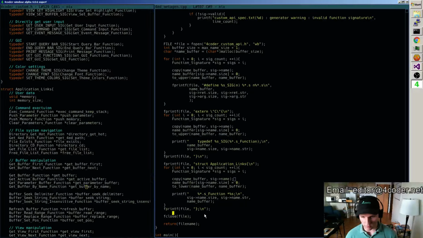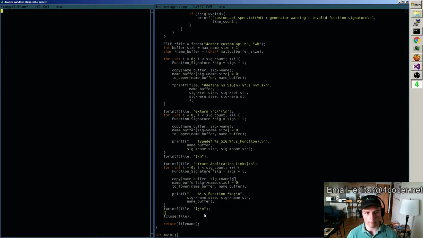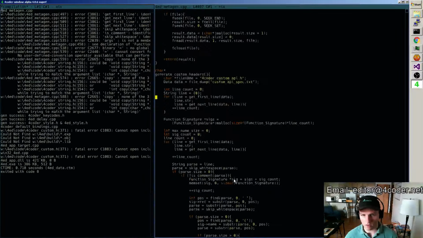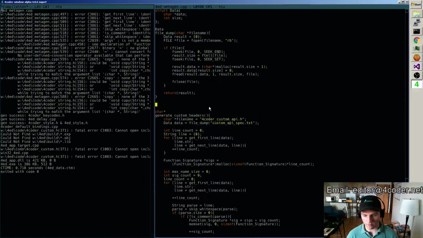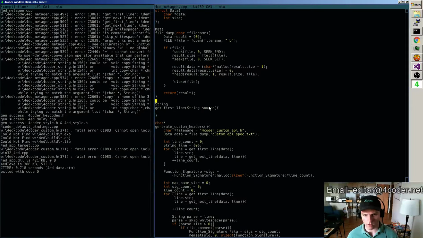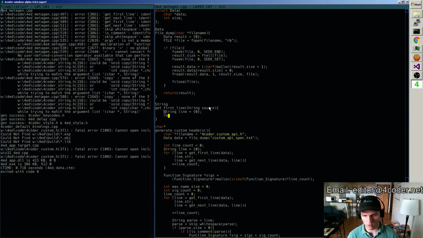Now that should be everything that I need it to do, but it won't compile yet because there are helpers that I never actually created. So let's try this. String get first line, string, we'll call this the source, and the way that'll work is I need to return something called a line, which I'll set us up for.